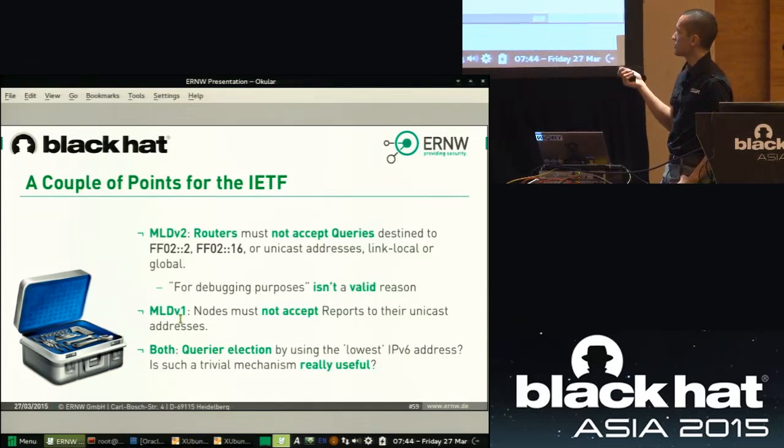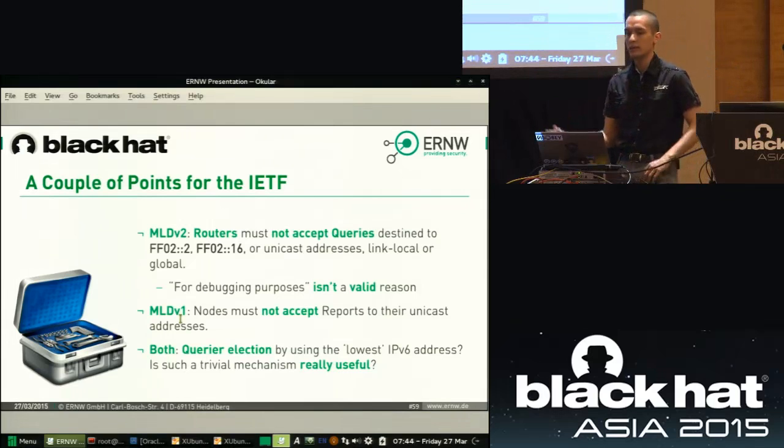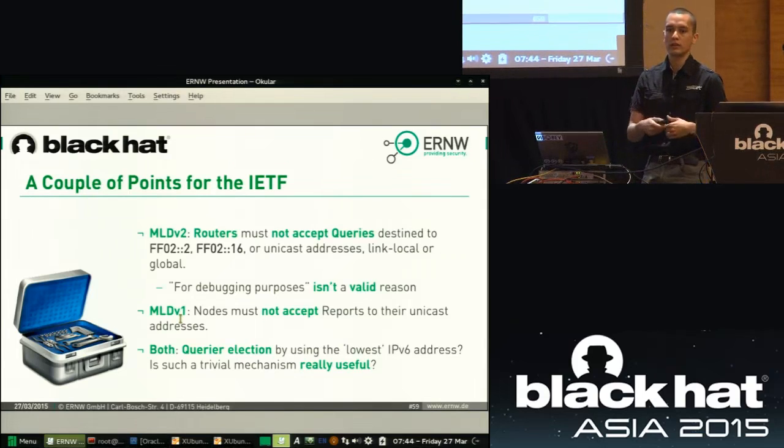Yeah, the same goes for nodes. MLD messages shouldn't be accepted under unicast addresses. It makes no sense at all for MLD. And then the query election mechanism should either be made more robust, or just made simpler. You have to define on your devices who is going to be the querier, period. Not some middle ground where you get to just spoof one query and become the querier and start playing around.